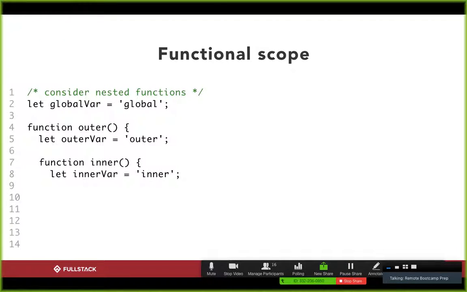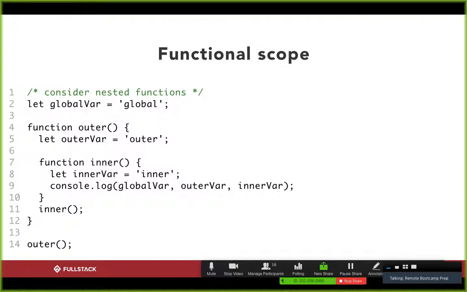So now if we want to do a few examples of scope to get an idea of how tricky it can be, here, if I walk through the order of operations, on line 2 we have this variable called global var,